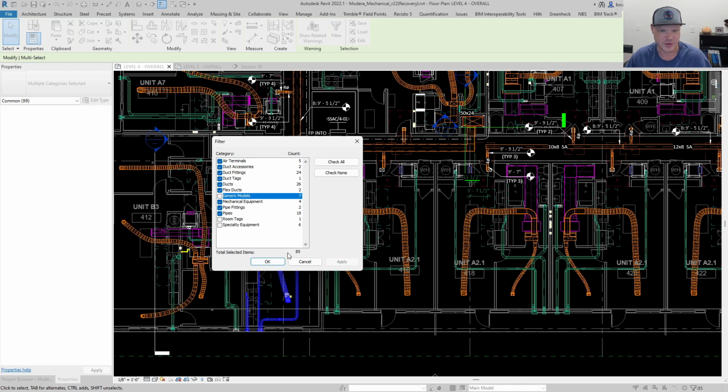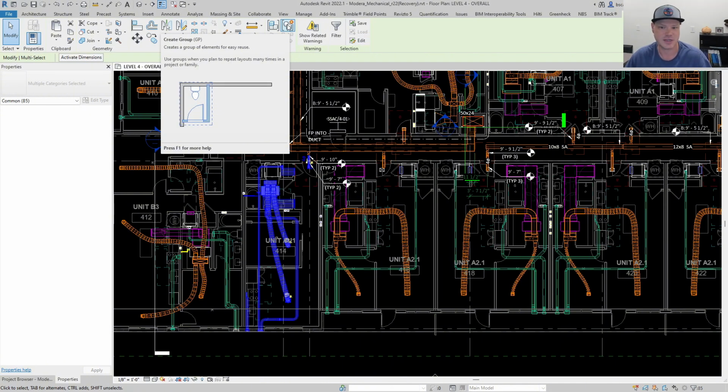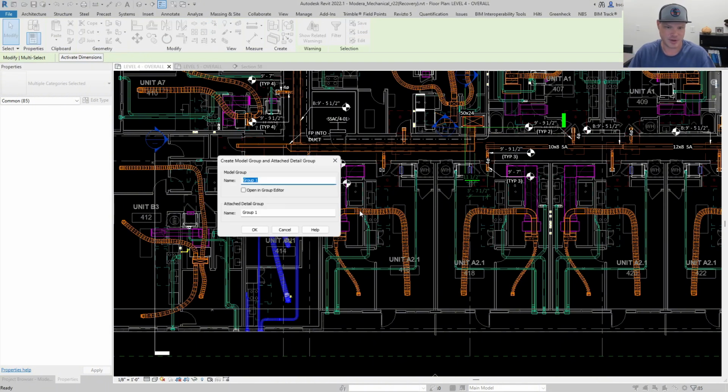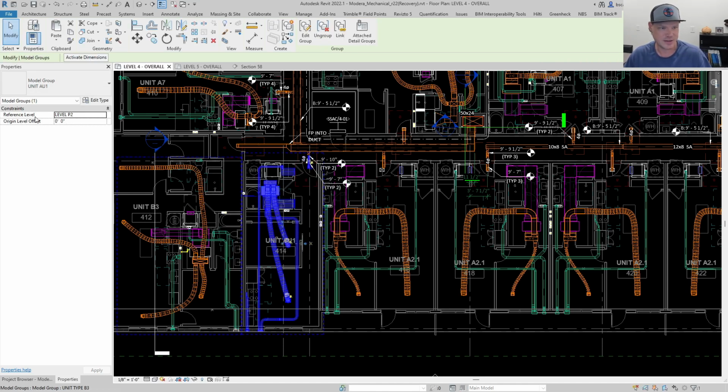And it even shows you here, you've got 85 selected. Now I'm going to go to create group. You can also hit GP, which is a keyboard shortcut, which we'll get to in the next tip. Go ahead and select group. It's going to pop up and ask me to name it. And I'm going to name it unit AU1. Oops, let's do unit AU1. And we'll say okay. And I'll be honest with you, I'm not real sure why it applied P2 to this, but